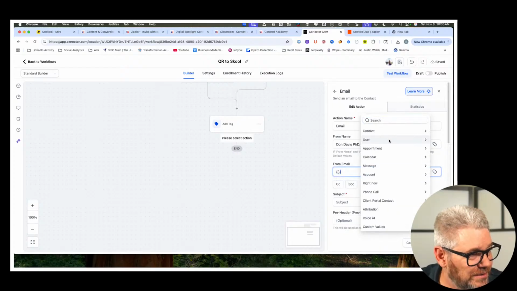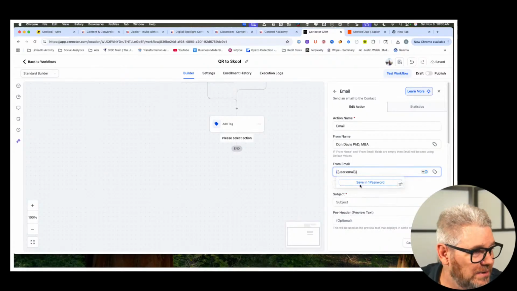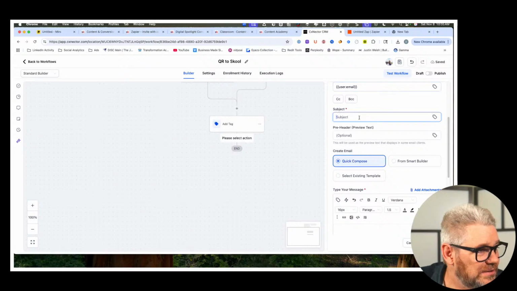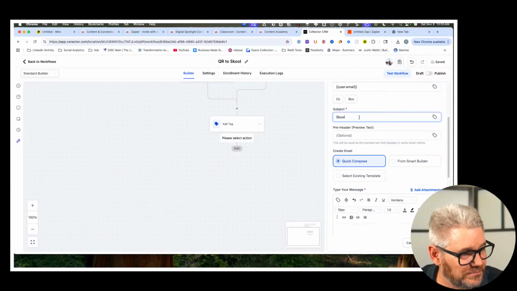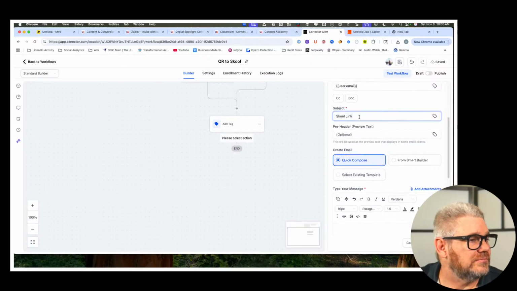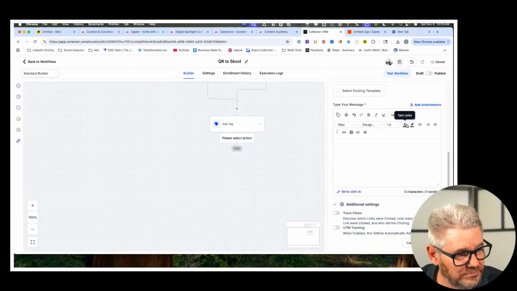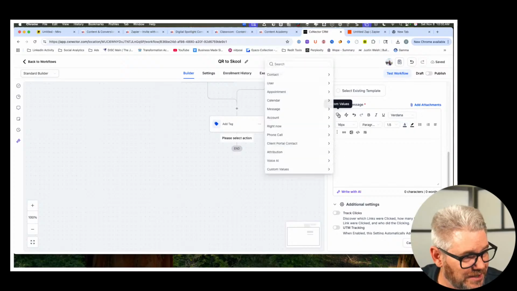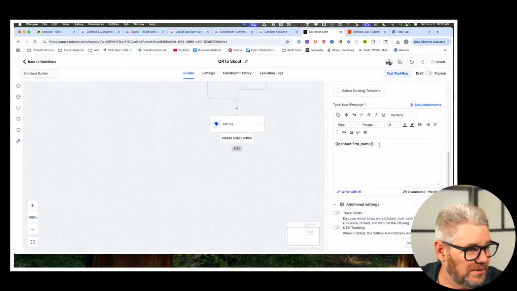Tag should be in here. Like that. Okay, and then subject. Actually going to use their first name here. Contact first name. And